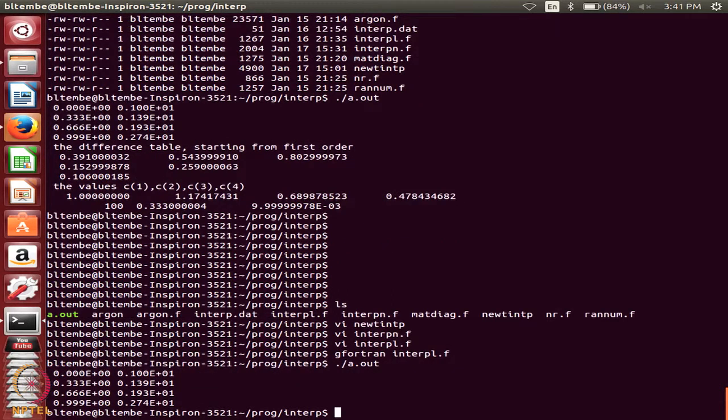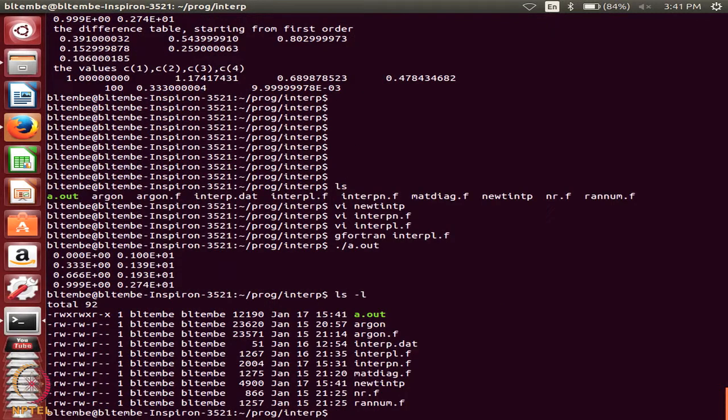Okay. This is executing. So, we will view the output. Before I view the output, let us do Ls minus L. Now, you will see that the A dot out corresponds to 15.41, earlier was 15.31. So, this is the new A dot out, which is the execution of the Lagrange interpolation polynomial.